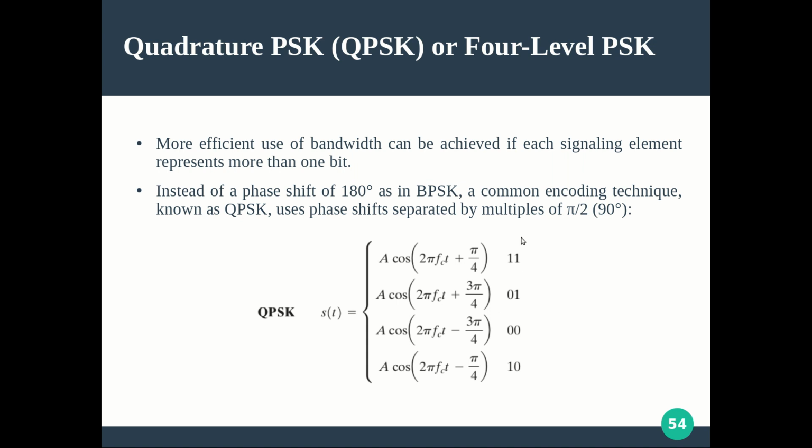Each is particularly representing a different combination like 00, 01, 10, 11. Whatever pattern you assign for a given signal element or signal pattern, that is to be used by the receiver also to decode the information correctly. This mapping you can do in any way, but it is to be agreed with the receiver also. So this is a typical form of a quadrature phase shift keying signal, with the amplitude remaining the same, frequency FC remaining the same, only the phase varying with four different phase values. That is why the name quadrature phase shift keying.